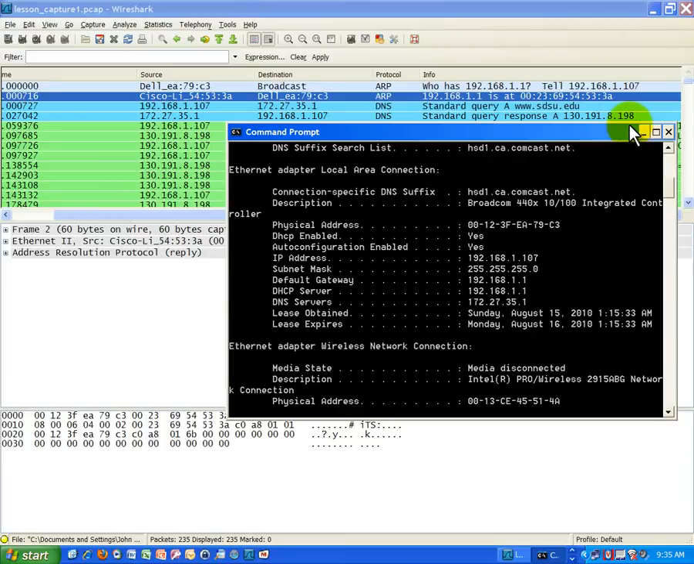130.191.8.198 is the San Diego State University web server, and once I have that, I can then, in the following frames 5, 6, and forward, connect. That'll be done in another lesson. But to finish up this lesson, I want to show you that this is truly the San Diego State University web server by going into, let's use a different browser, Firefox, and I'm going to type in that IP address